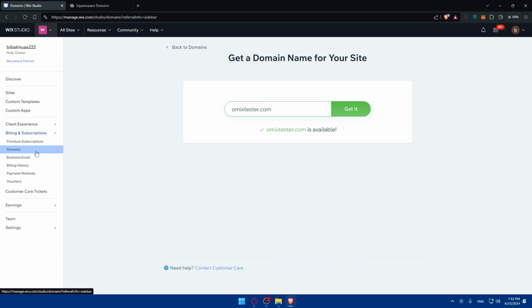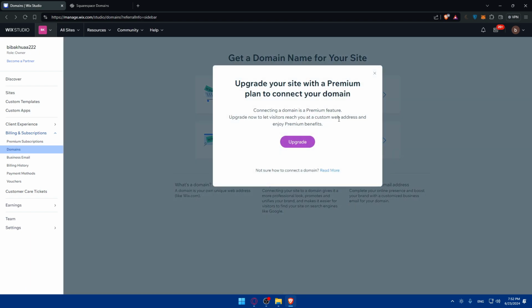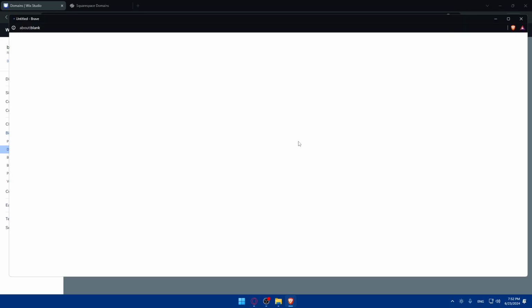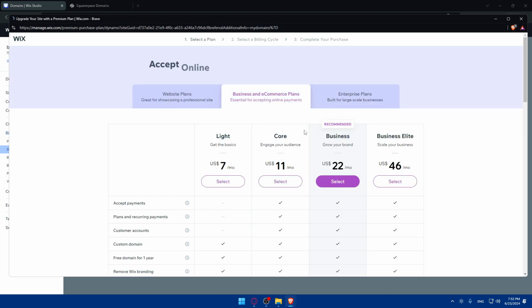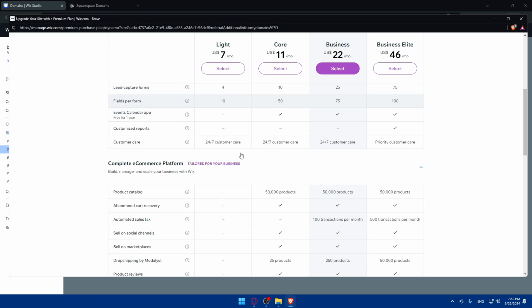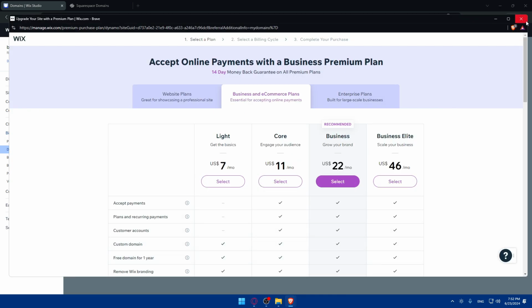So for me, I'll just go back here to domain. As we said, for us, we'll just go and click on connect to connect that domain. So just go back here and click on connect a domain that you already own. As you can see, even if you want to connect it, you will need to upgrade your site with a premium plan to connect your domain. So again, you'll come to the same option where you have to go and upgrade your plan on a specific site to connect that. So if you don't have an upgrade yet, make sure to go and get an upgrade so you can connect